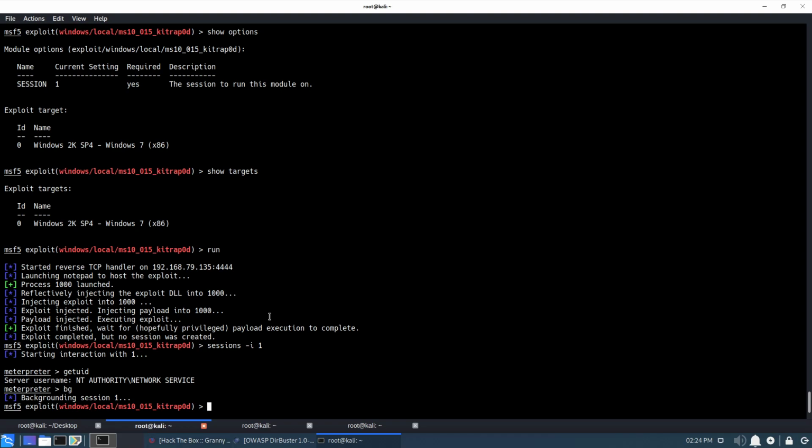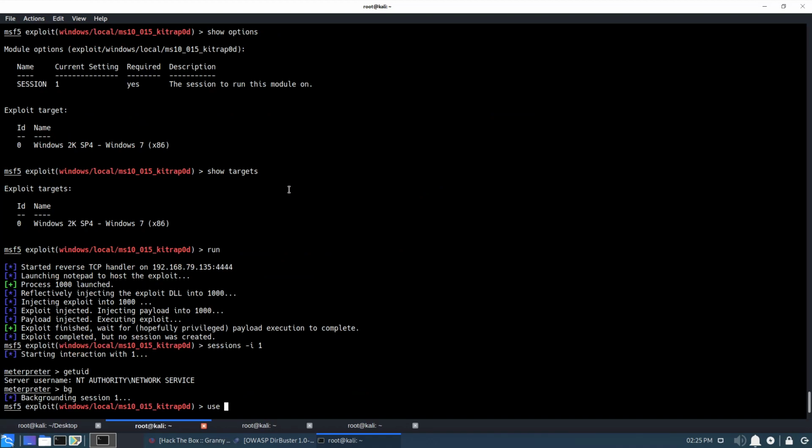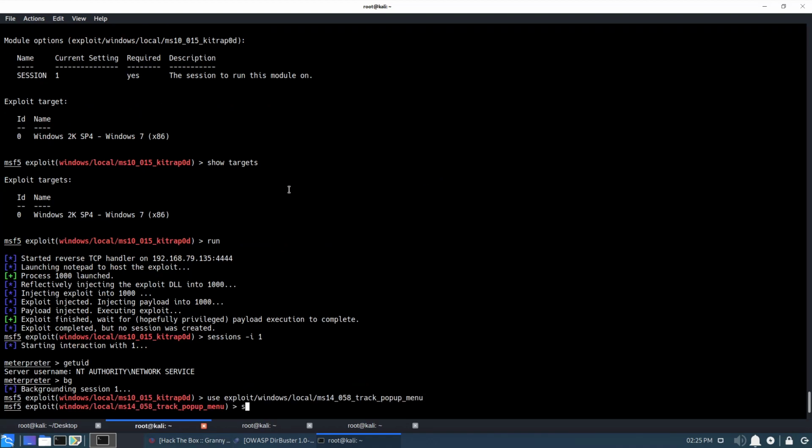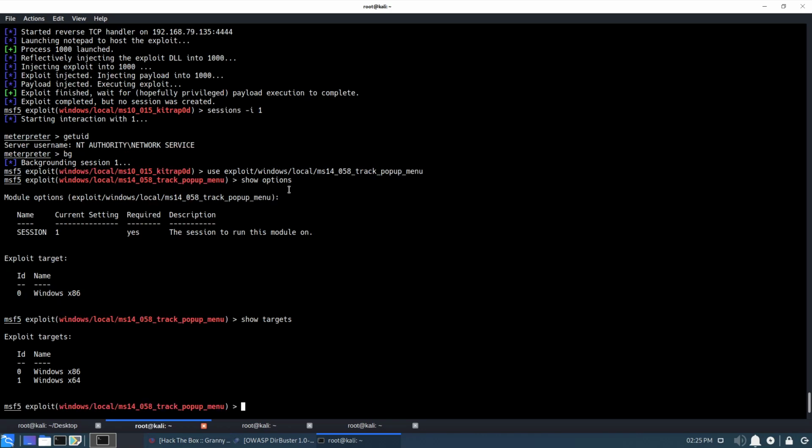So let's see what the next exploit is. This is the track popup menu exploit. I'm not familiar with that, but we're going to go ahead and use that module and see if there are any particular options we need to set. We're going to look and see if there are any other target options. We have x86 or x64, so 32-bit or 64-bit. We'll leave it at the default. Actually, let's